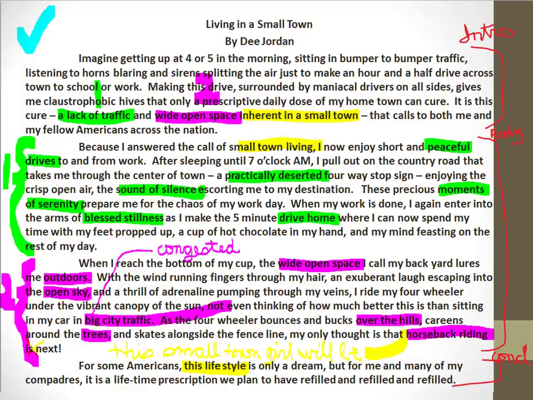By going through the proofing process, I was able to identify errors in the focus of body paragraph 2. So let's read the second body paragraph to double check its coherence. When I reach the bottom of my cup, the wide open space I call my backyard lures me outdoors. With the wind running fingers through my hair, an exuberant laugh escaping into the open sky, and a thrill of